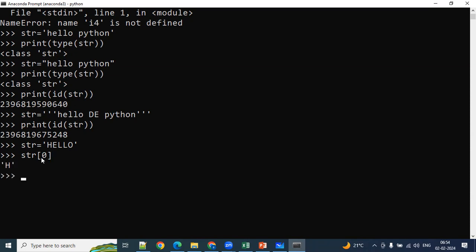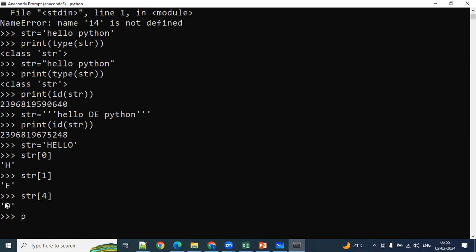String of 0, what do you get? H. String of 1, what do you get? E. In place of 1, I'll take 4. What character do you get? The fourth character: 0, 1, 2, 3, 4. So you get O here.